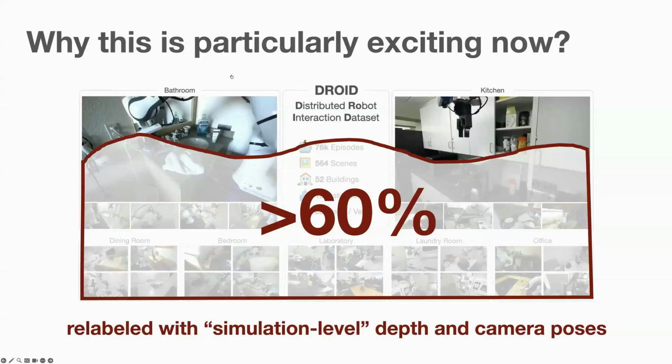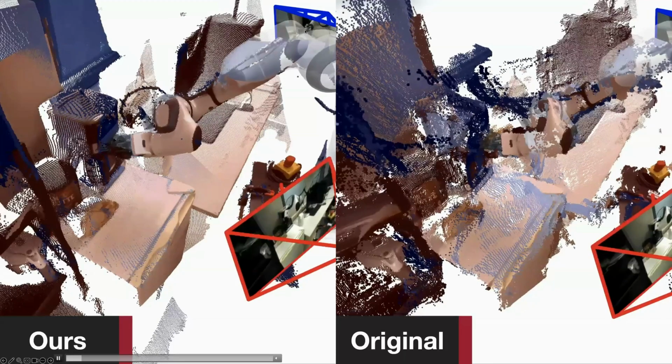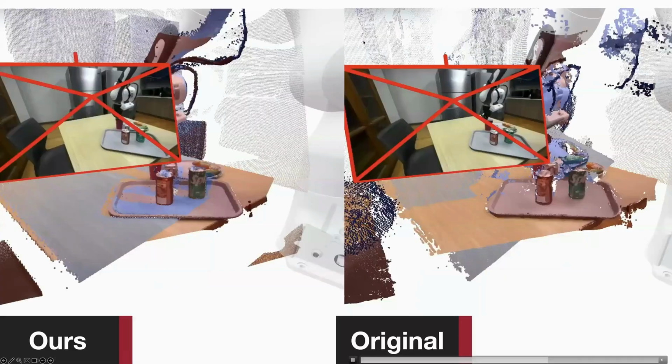Here are some comparisons to the original DROID depth and also the calibration. The calibration here is from the V2 from the authors, and we're using that latest version. You can really see how much the new vision models are getting us better depth and camera poses.